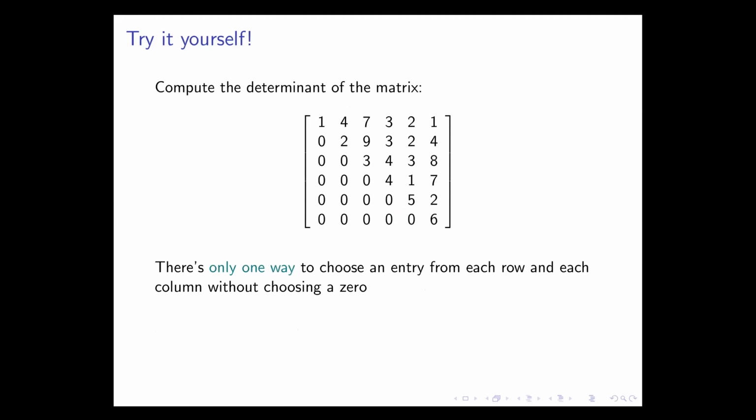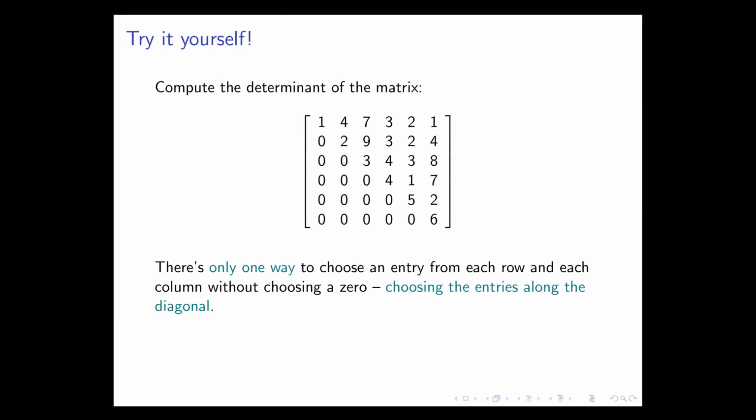Okay. So now we need to identify all the terms which will not be zero, right? So in the formula for the determinant, the only way to choose an entry from each row and each column without choosing zero is to choose the entries along the diagonal. And if there's such a choice, that product with a plus sign will enter the formula for the determinant. And if you do any other choice, right,